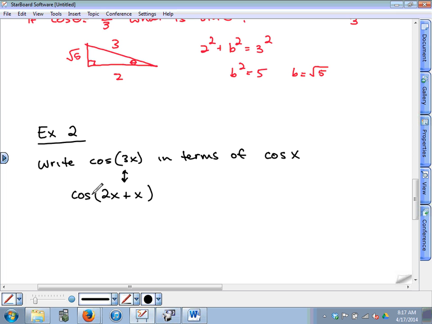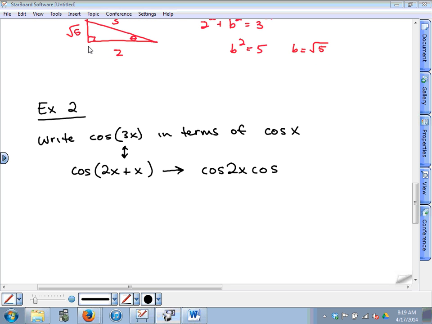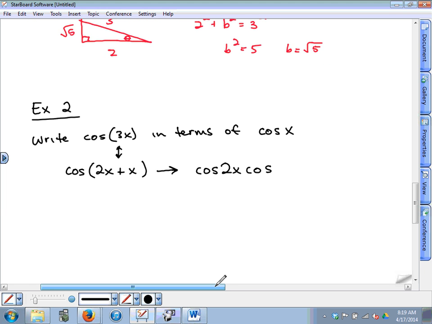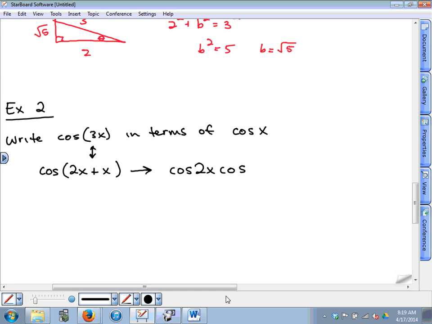But how do we expand cosine of 2x plus x? Cosine 2x plus cosine times cosine. Wait, what's the pattern for cosine? Cosine, cosine, sine, sine, with a minus in the middle if we're adding these two angles. So it's cosine 2x cosine of x